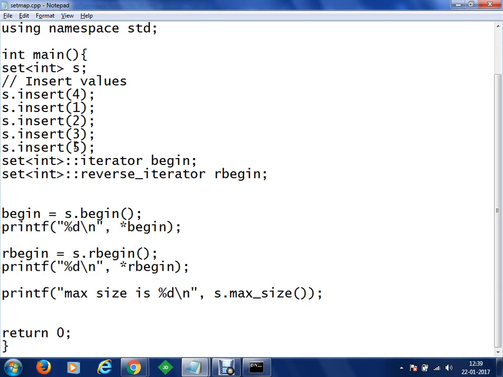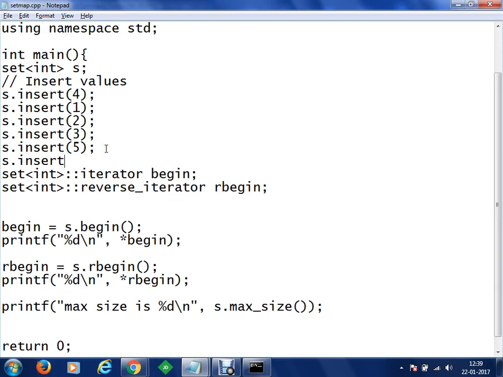Yes, so it's counting कि how the maximum size is 5. In case if we put in something like s dot insert as 27 here, he'll give you 6. So it's counting the elements, the size of your this.